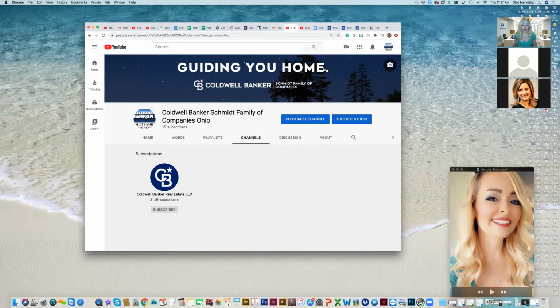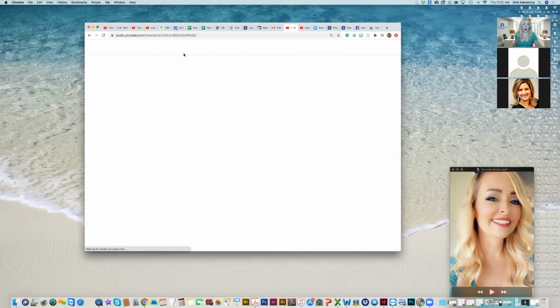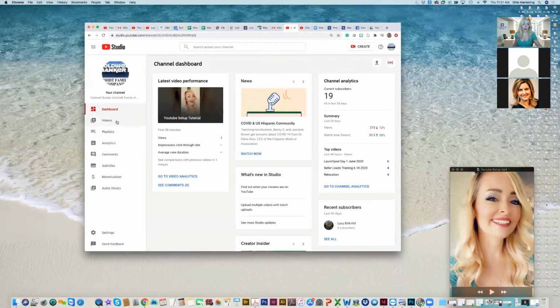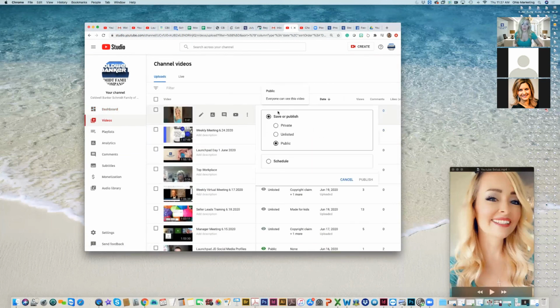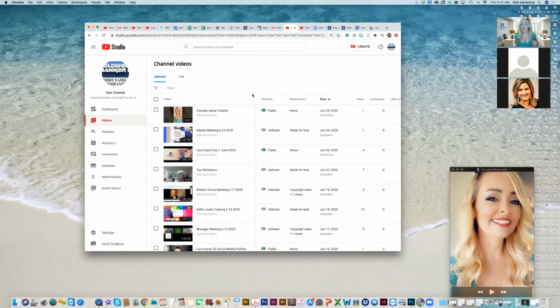Next, to access your information behind the scenes, so where your videos are, you're going to go to the YouTube Studio. That's going to take you to where all of your videos are by clicking on the left-hand side, clicking on videos. From here, I can change, update, add, make private, make public. Like this one's public. If I wanted to make it private, I could do it instantly. And it doesn't even matter if people have seen it. I can make it private after that.